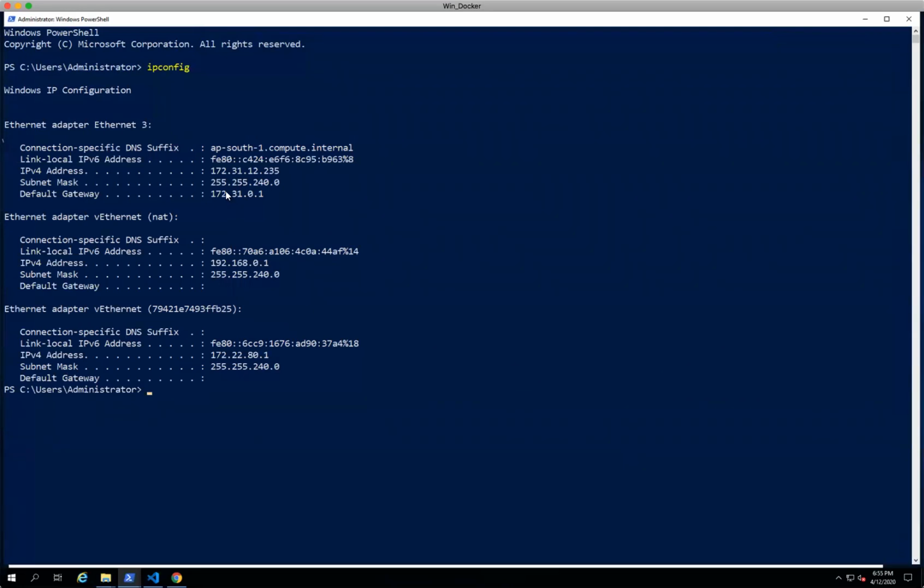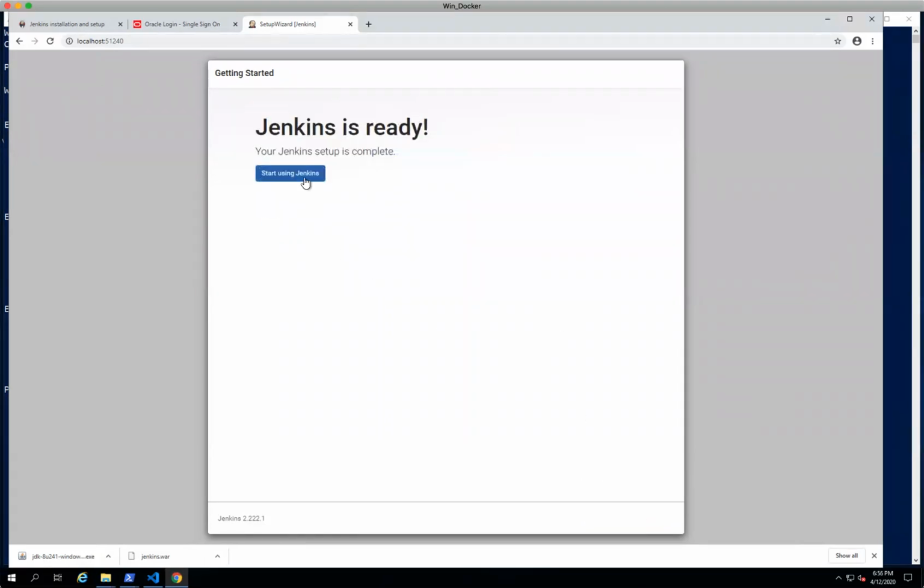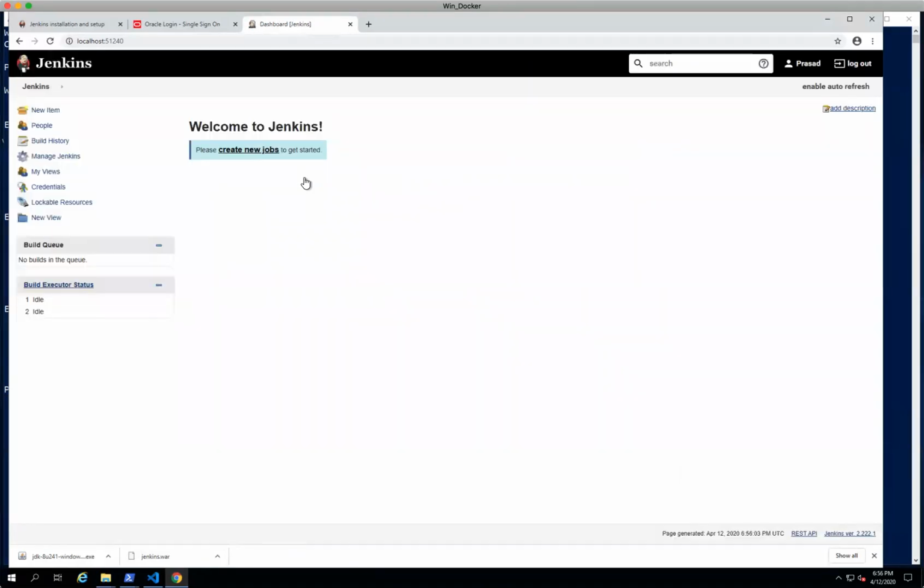So the private IP is this one, 172.31.12.235. And then instead of localhost, just paste that and then save and finish. Okay, start using Jenkins. There you go, we just logged into Jenkins.